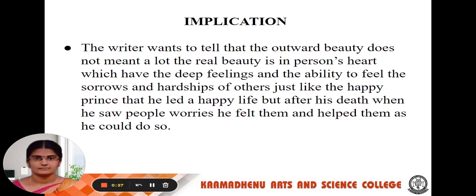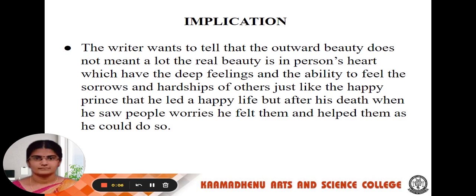That means when he was alive, he did not see the people's sadness or their miseries. After his death, he saw the miseries and their pains and their poverty and their shelters from the